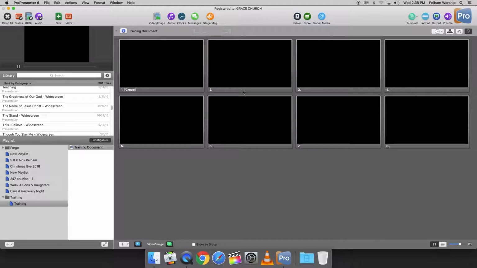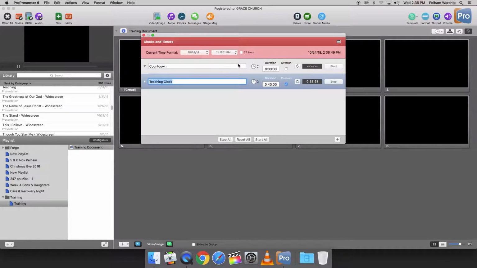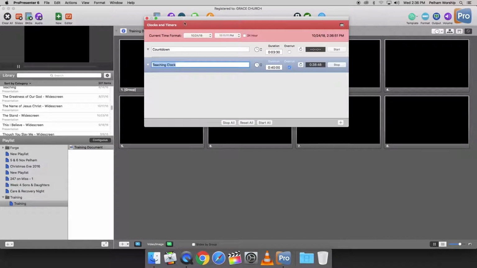So let's go ahead and get started with teaching clock. If someone requested a teaching clock, you'd go to the clocks icon, and this window would pop up. As you can see, we already have one labeled here, but if you needed to label it, you just click within it and highlight it and type whatever. But we have a teaching clock here, and then you have a couple different options of the type of clock you want. So countdown timer, countdown to a time, like 5 p.m., and then elapsed time, how long you've been speaking. So we're usually using a countdown timer, and as you can see, that one was already running, but the